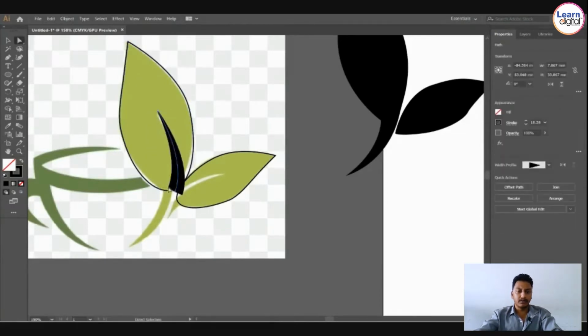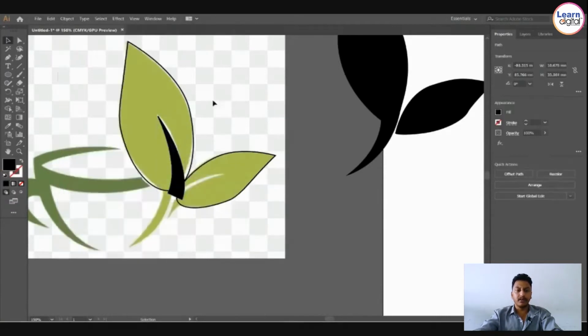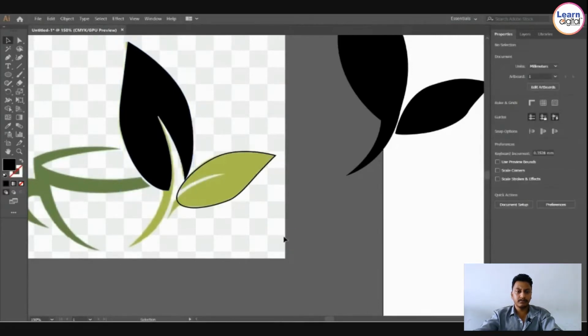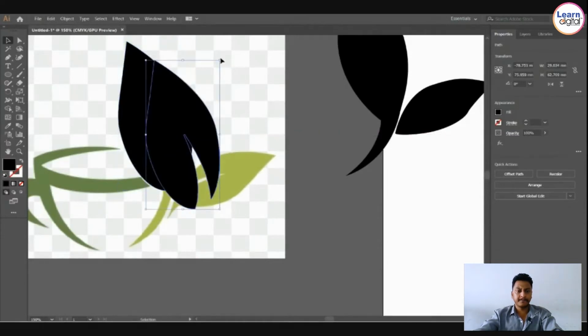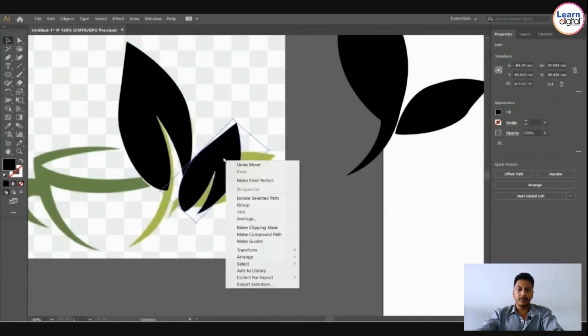So now you guys got the process. Delete the lower leaf, take a copy of the same leaf and do some changes. Instead of repeating the same process, you can use these things like copying, pasting, and doing some small changes. Yeah, so this will be the final leaf for my logo.